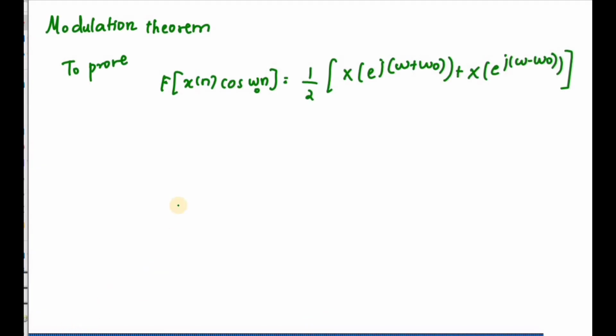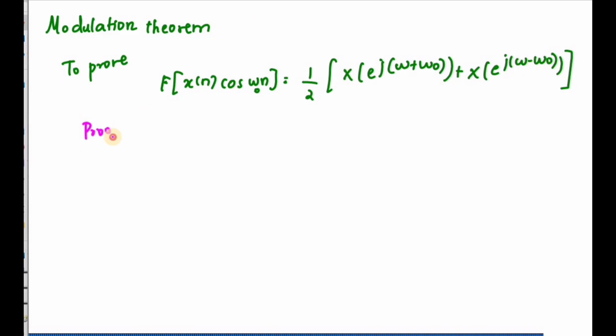Okay, so the next property is the modulation theorem. We need to prove that the Fourier transform of x of n cos omega naught n is equal to 1 divided by 2 times X of e power j (omega plus omega naught) plus X of e power j (omega minus omega naught). So the proof is